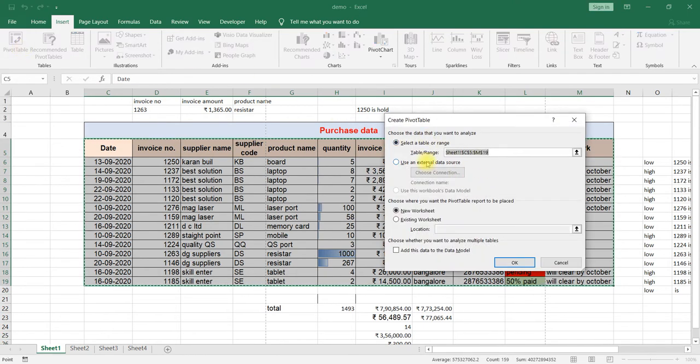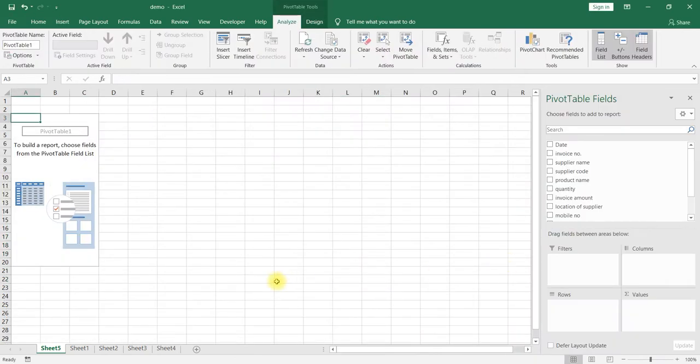Once you select it, it will say this is the selected range, from C to M. Then choose New Worksheet and select OK. Don't do anything else here. Once you select OK, you can observe that a new sheet has been opened.